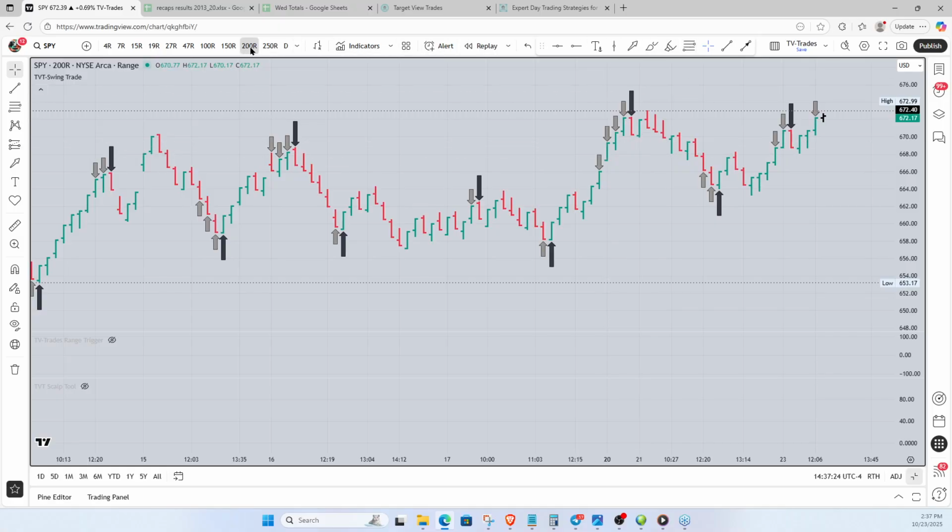And I said, try it on a 200 range. Don't go to like a 30-minute or a 5-minute or a 15-minute. Try it on a range bar. Because with a range bar, when you get this gray arrow, it's telling you that if you get a down close on the next bar, it's more than likely going to be a trade. Like this one right here. If you get a down close on this bar, you're going to have a black arrow, more than likely. All right? It does work on all time frames. More than likely you're going to have a trade there. Okay?